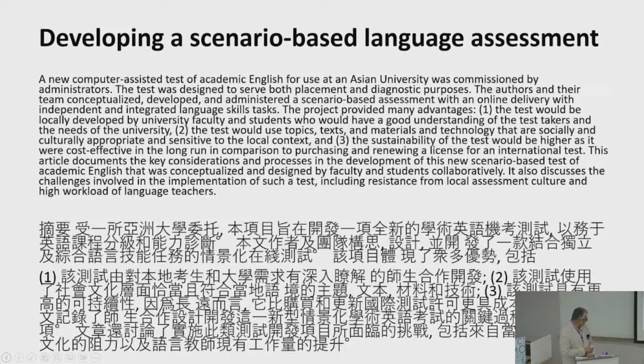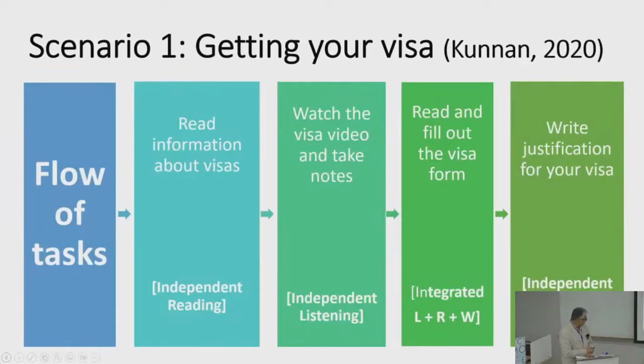The first slide after this is the flow of tasks in this scenario. So this is how we as a team in the LASER group, as we were called, at the University of Macau, designed this scenario. The first task was to read information about visas. So students want to get a visa to go to Australia. What do they have to do? Well, they've got to go to the website and figure out what are the ways they can get a visa,